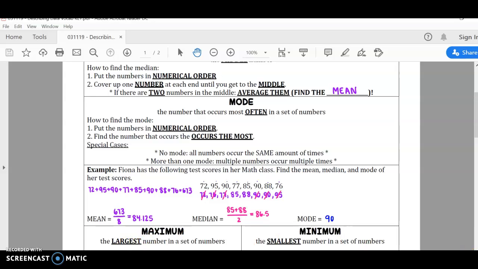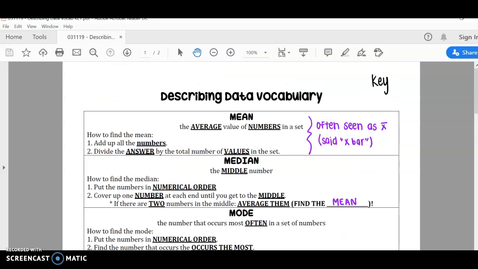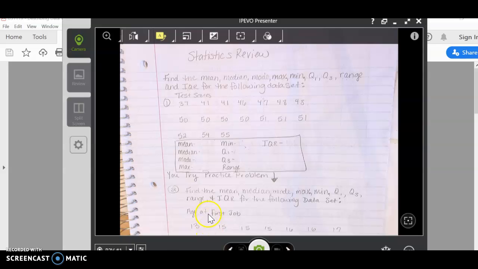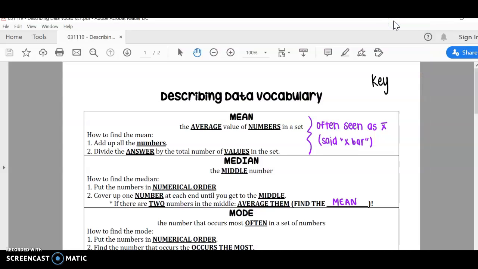All right, guys, what we're going to do for the last 2 weeks of school, we're going to review everything that we've done this semester. I want to start out with a statistics review. For your assignment, you're going to have to answer a question like this where you're given a set of data and you have to give me the mean, median, mode, max, min, Q1, Q3, range, and IQR. But I just want to give you some background information on what those